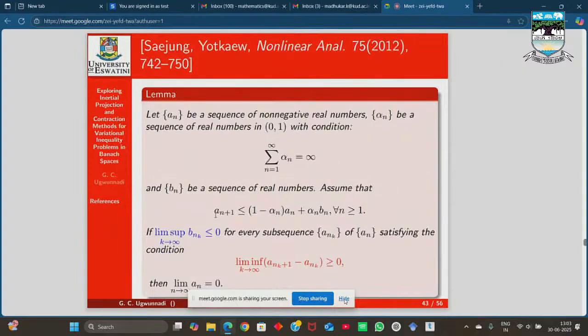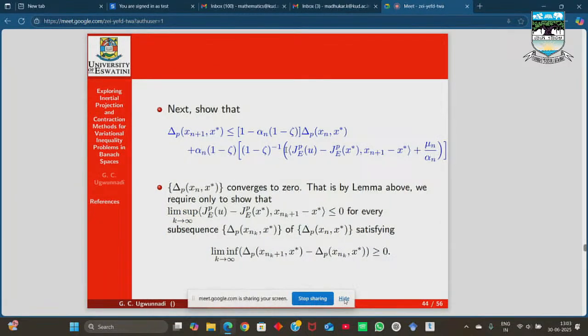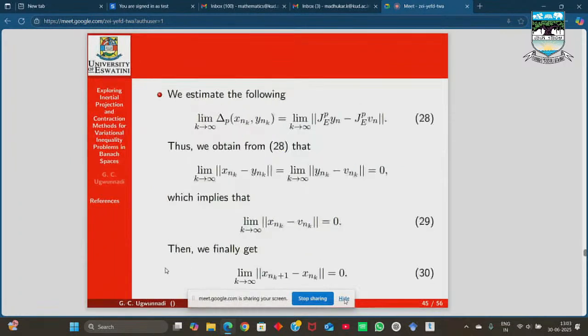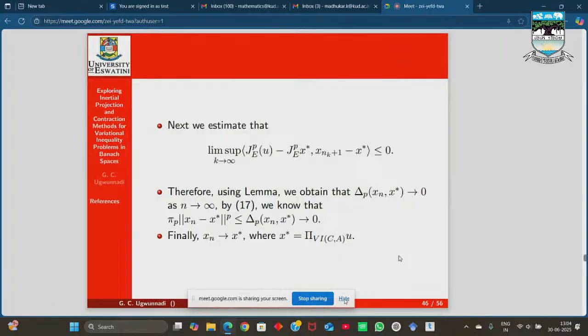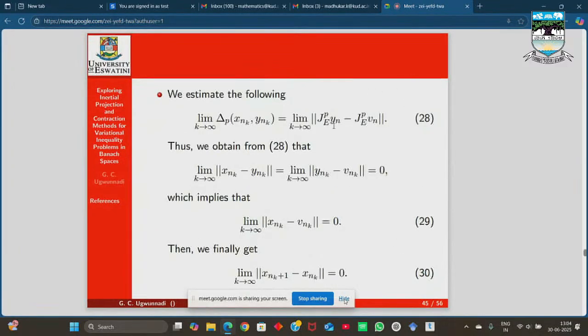From this lemma, the major goal is that the lim sup of dnk is less than or equal to 0. And from here, see that our dnk is of this form. We have known that this is going to 0. So our major goal is to establish that the lim sup of this is less than or equal to 0, which we did. And with that, we can now show that this sequence converges. But before we could do that, we established that all these terms are going to 0, so that the lim sup is going to 0. And with all these terms going to 0,